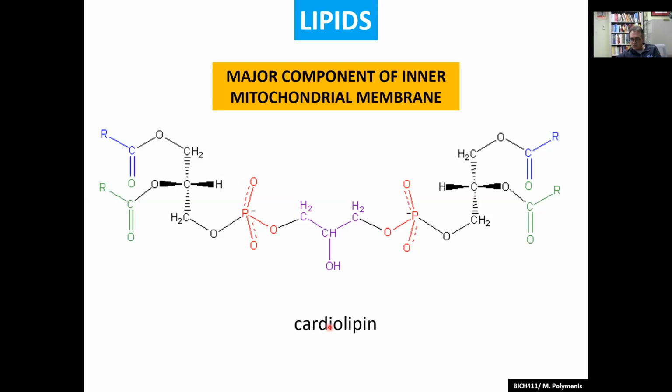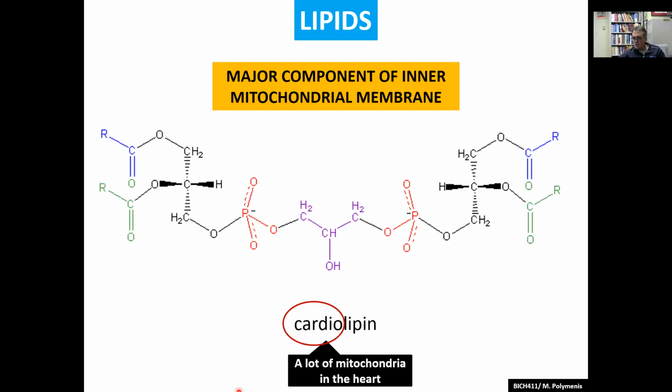It's very specific to mitochondria. Okay, it's actually the best marker available for mitochondria. How do you know you've purified something that's exclusively mitochondrial? You use cardiolipin. Is cardiolipin there and only there? Then you know you got a good mitochondrial purification. Why is it called cardio? Because of course there is a lot of mitochondria in the heart. When it was first isolated, people were going to slaughterhouses, getting cow hearts or pig hearts, and it's rich in mitochondria, and that's where that lipid was found. Right?